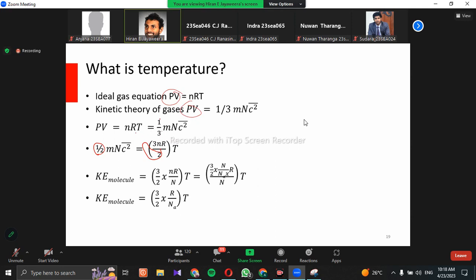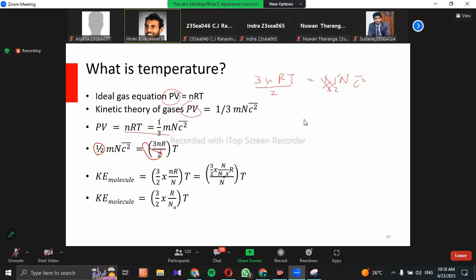So do you want me to work this out? Maybe I'll work this out. That may be much easier. So I'll take this one: nRT equals 1/3 mN c squared bar. Now I'll divide everything by 2. I'll take this 3 to the top, right? So then you don't have this one. I have 3, then I'll divide everything by 2. So I have,